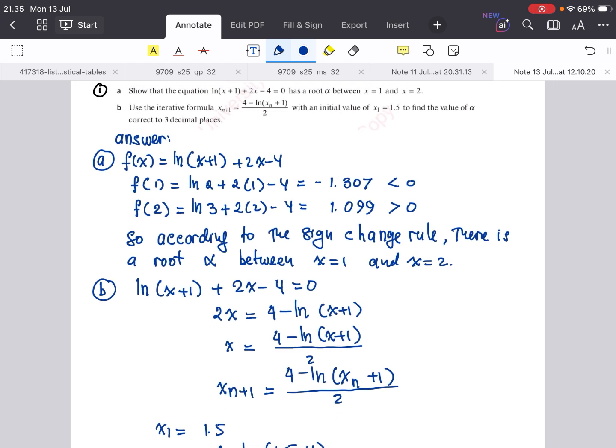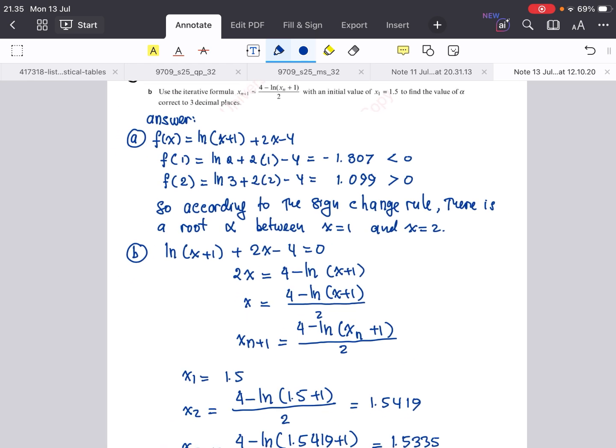So now, the question explicitly asks you to use a starting value of x of 1.5, which is actually okay because we know that the root lies between 1 and 2. But if the question does not explicitly ask you to use this value, you can also use other values as long as it is between 1 and 2. So now x1 is 1.5,